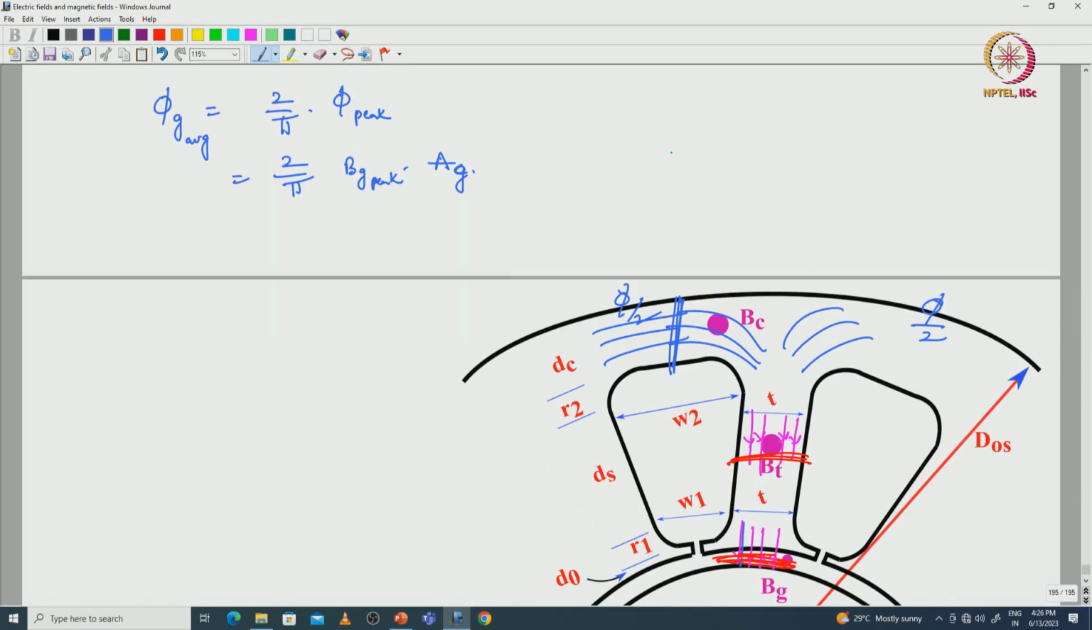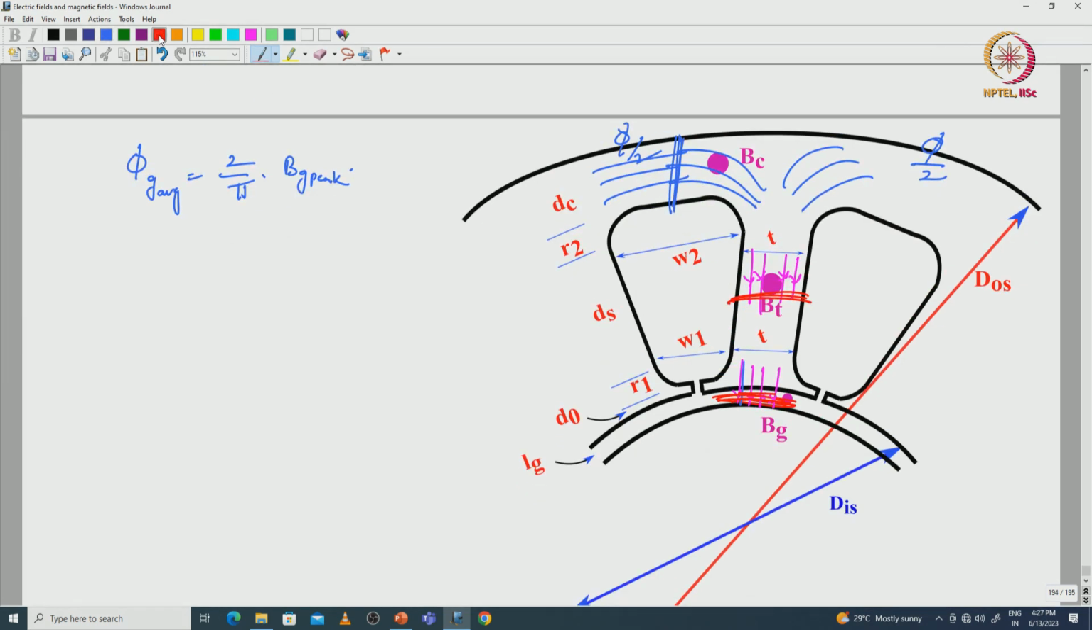First we will see with respect to the air gap flux per pole. Phi g average is equal to 2 by pi Bg peak into the area of cross section perpendicular to this portion, which is nothing but pi D is by P into Le. This is the area, this is the x axis length and this is the y axis length. From here we can calculate the Bg peak, and similarly phi t average is equal to 2 by pi Bt peak